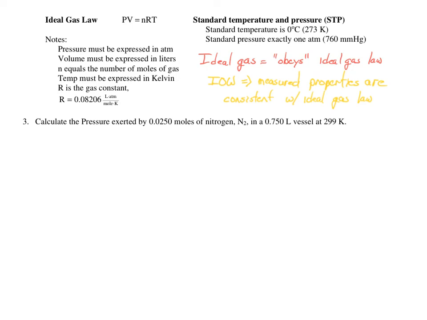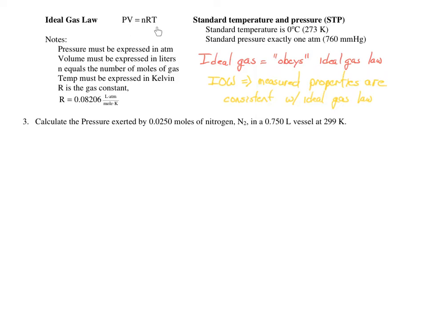We have an ideal gas law problem. Reminder, an ideal gas is a gas that obeys the ideal gas law. Now we know atoms and molecules can't read. What that really means is that the measured properties of this gas are consistent with the ideal gas law, which